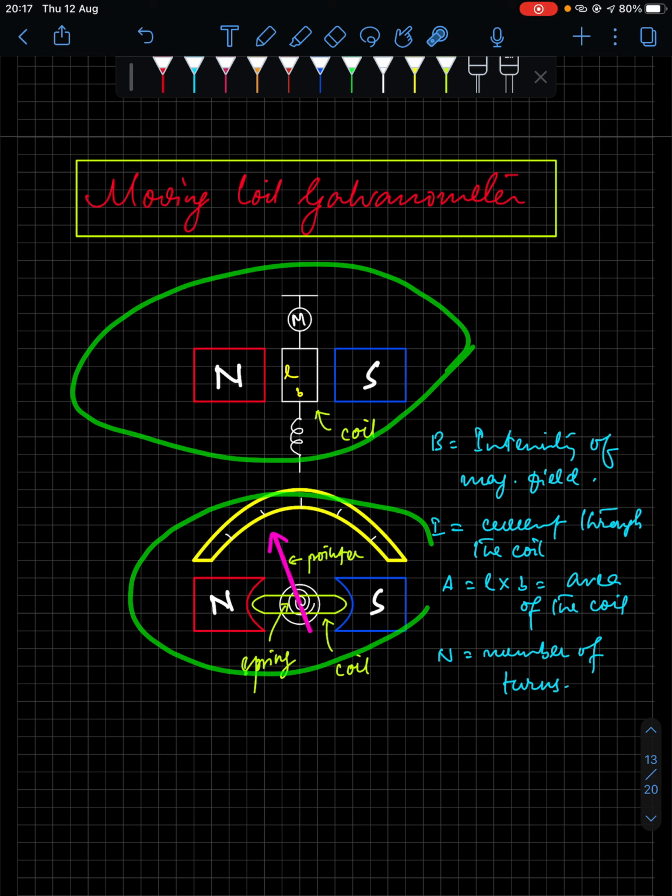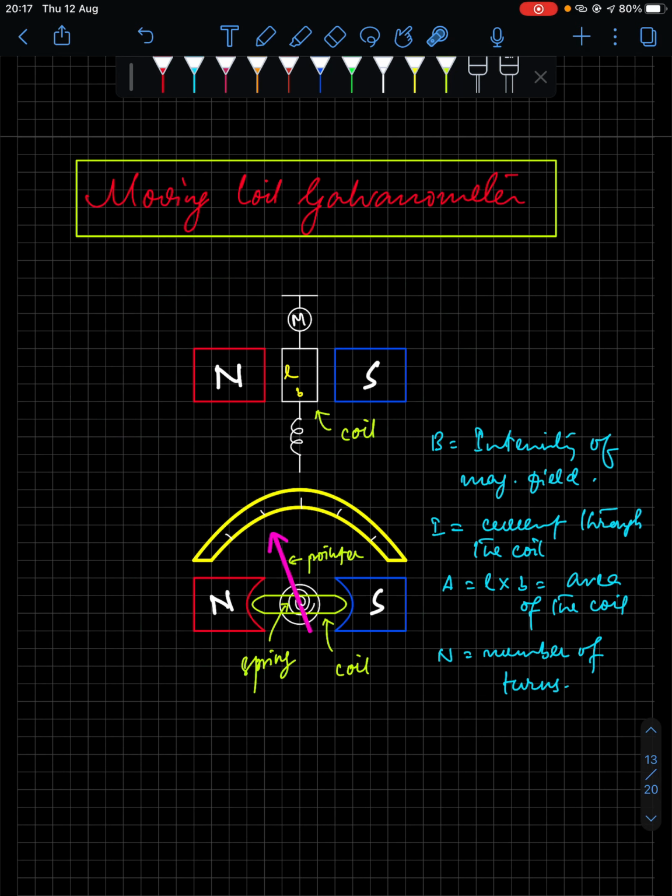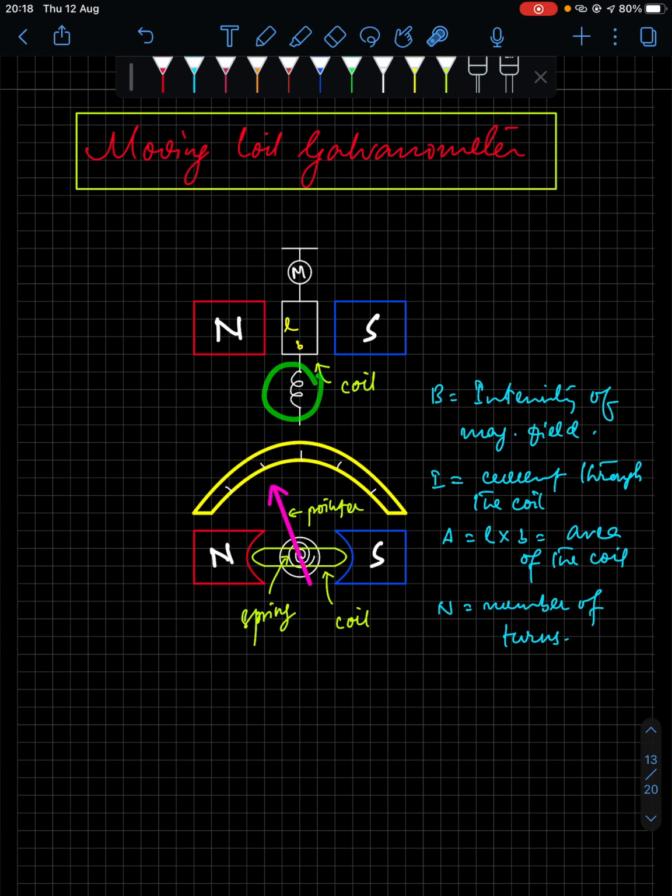This is the same diagram seen from two different angles. This is the side view and this is the top view. This is a rectangular coil as we have seen previously, length L, breadth B. Now here you have a mirror. The mirror is not significant in our derivation, but the use of the mirror is that light continuously falls on it and the reflected light falls on a screen. If there is a slight deflection in the light falling on the screen, then you understand that the galvanometer has detected some current.